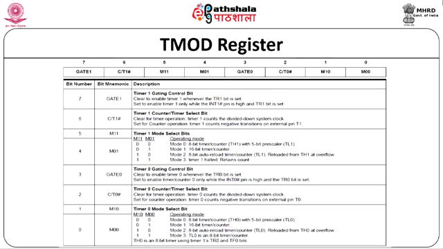In these 8 bits, the 0th bit I will call the mode 0 bit, that is M00, M10. Bits 0 to 3 correspond to timer 0, and bits 4 to 7 correspond to timer 1. If I wanted to configure either timer 0 or timer 1, that can be done by operating these particular bits. If I am operating the lower nibble, then it corresponds to timer 0. If I am operating the upper nibble, then it corresponds to timer 1.